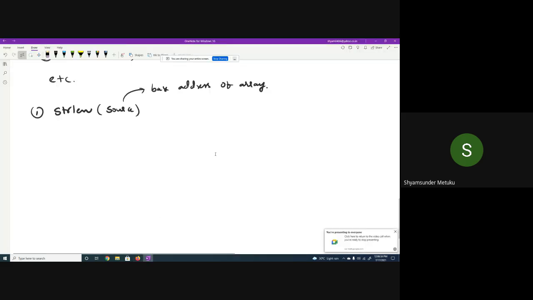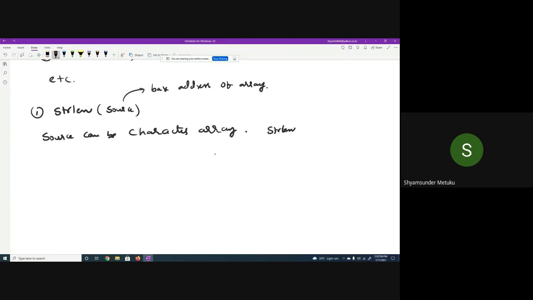In our case, the source can be a character array. The strlen function finds the length of a string.